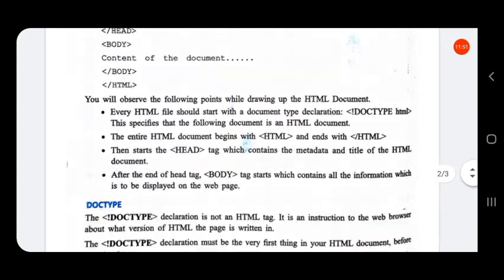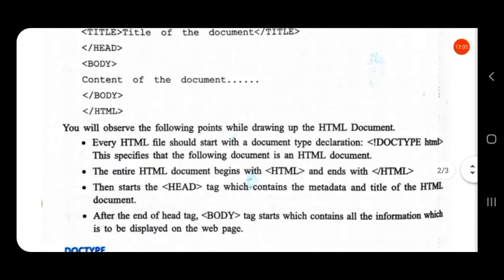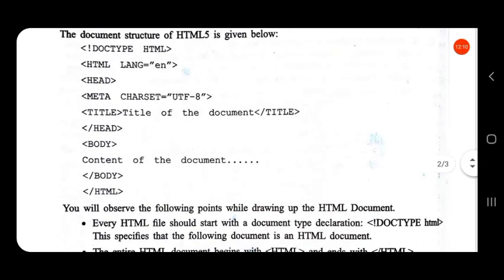Now you will observe the following points while drawing up the HTML document. Every HTML file should start with a document type declaration, that is, exclamation sign doctype html. This specifies that the following document is an HTML document. So like this.